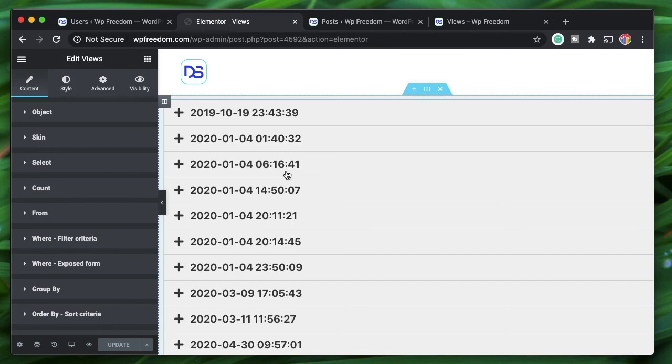You can display a list of users using complex conditional logic, and it might get a bit confusing, but if you understand what you're doing, it's really powerful, and it can help you build complex conditional WordPress post grids, WordPress grids, user data and stuff like that. This is the views widget in a nutshell.